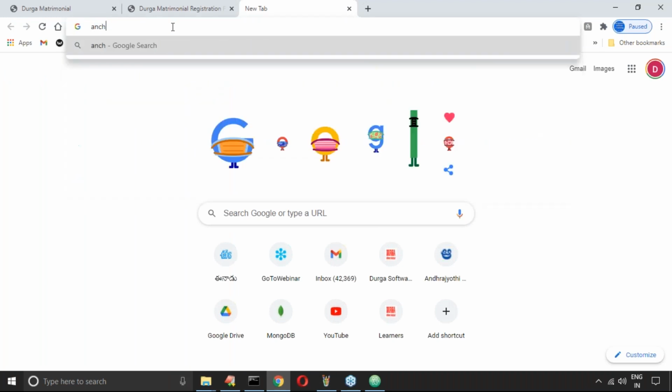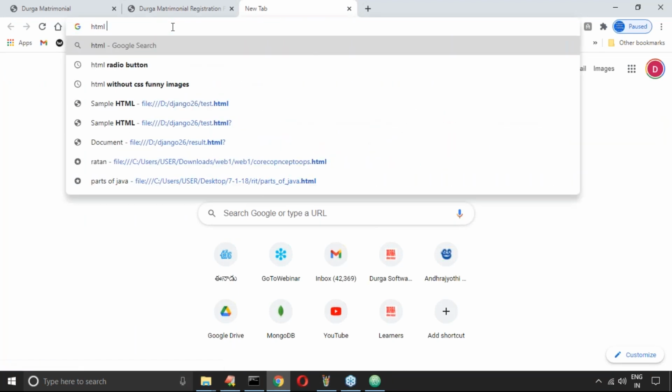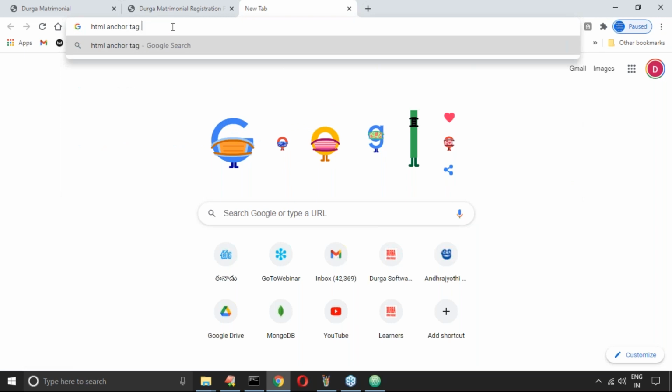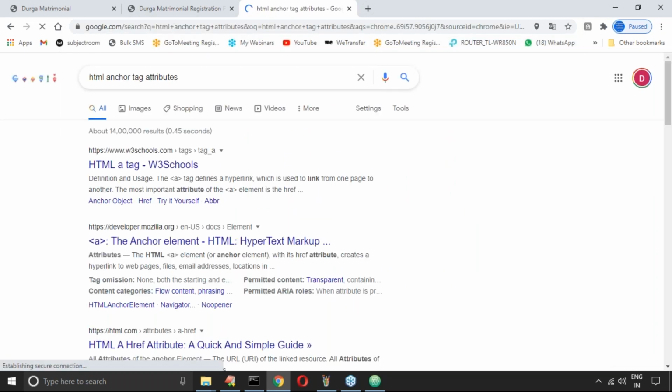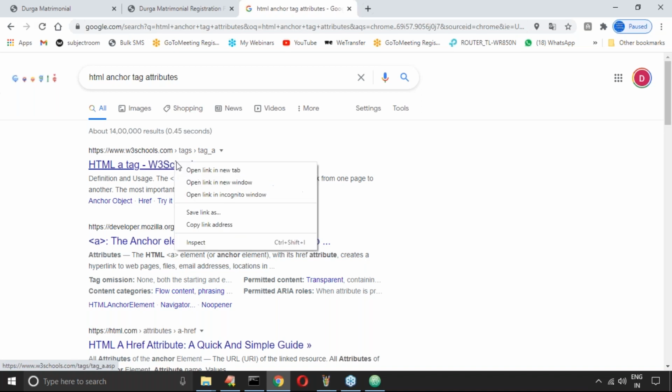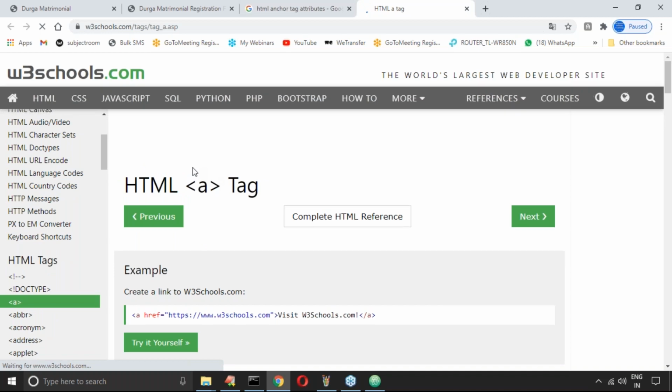What are the anchor tag attributes? HTML anchor tag attributes. Someone is asking what if the link is not available, how can we specify that? Do you have any alternative kind of thing or not?